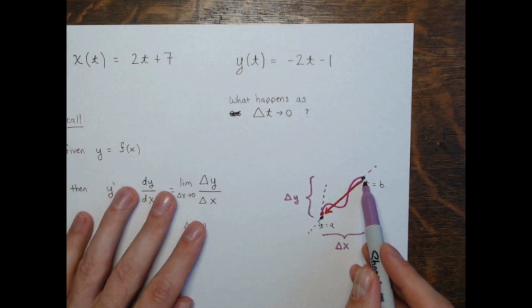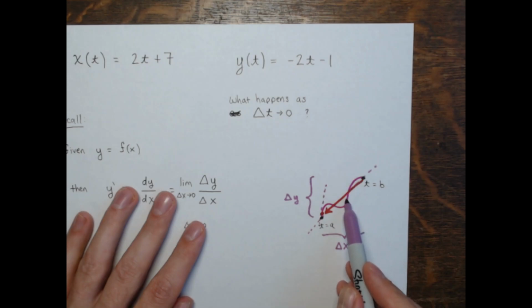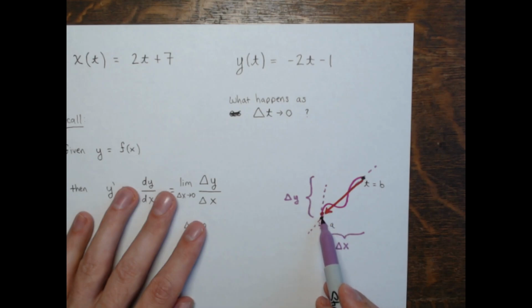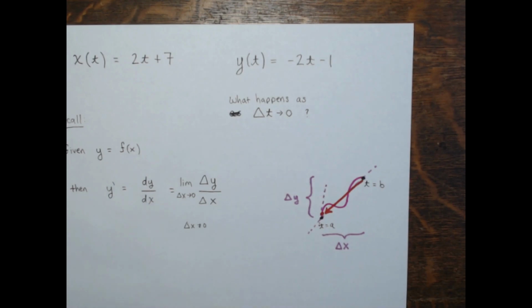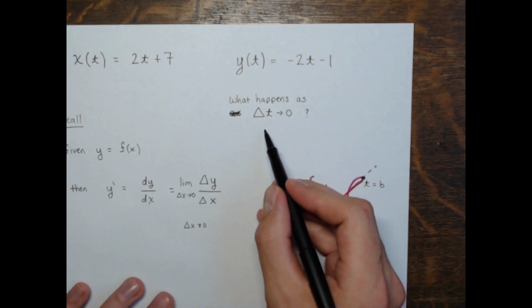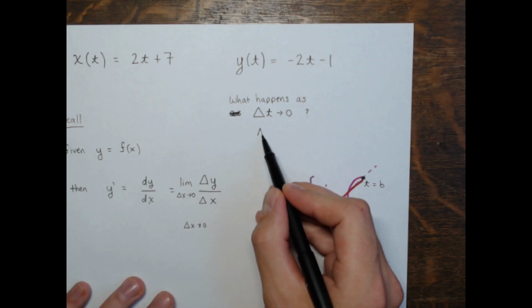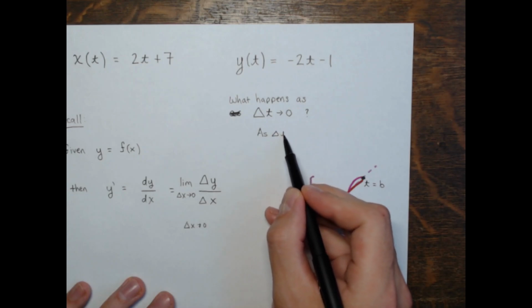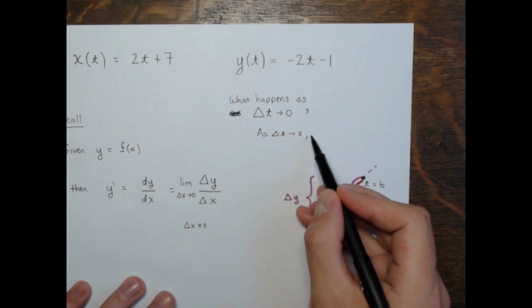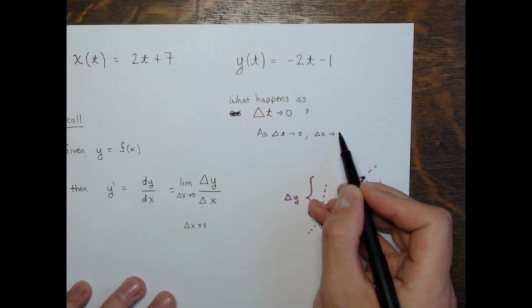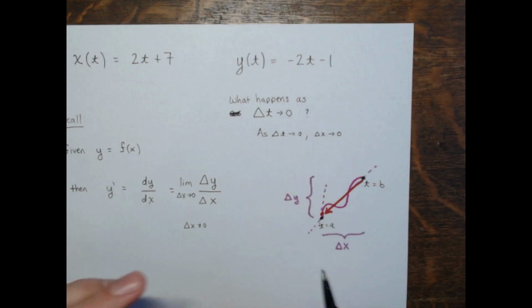You see how when t equals b here, if I move the value of t closer to a, the point on the curve is closer to this point here when t equals a, so delta x is also approaching 0. So as delta t approaches 0, delta x will also approach 0, on a continuous curve,